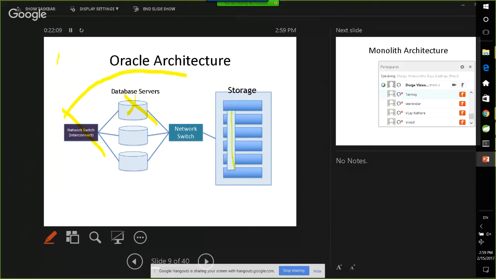On the x-axis you have the number of nodes, and on the y-axis the number of users that are trying to use it.